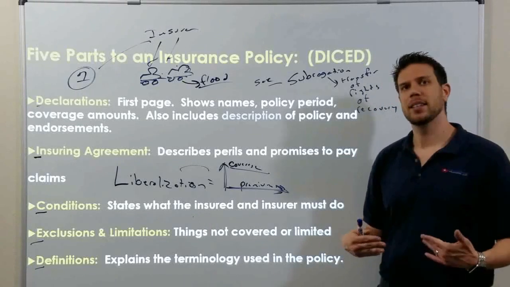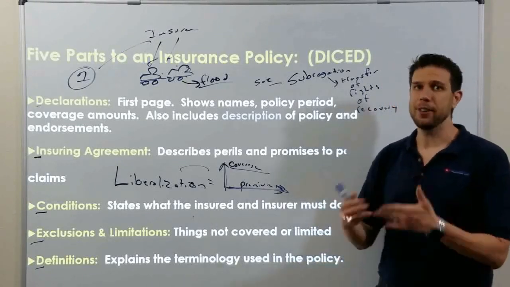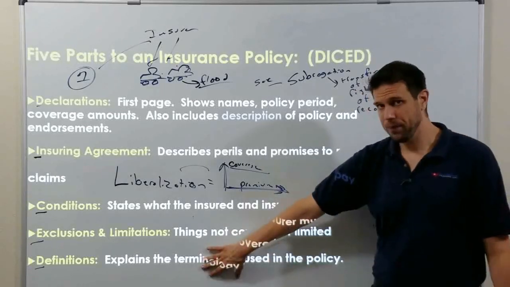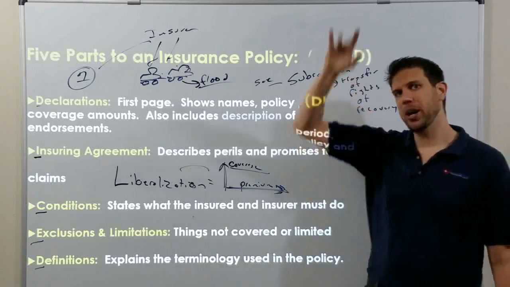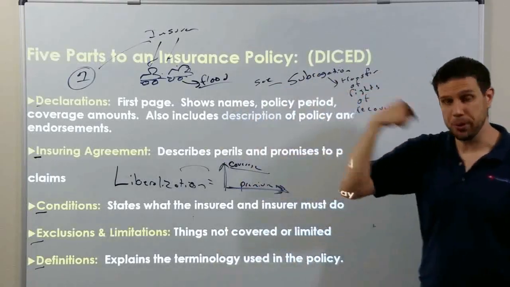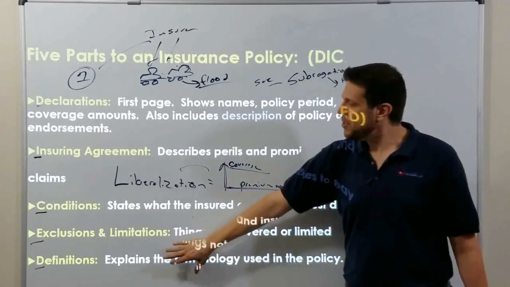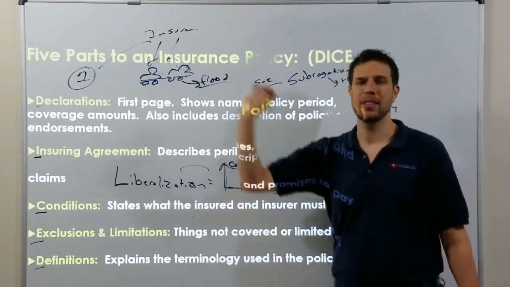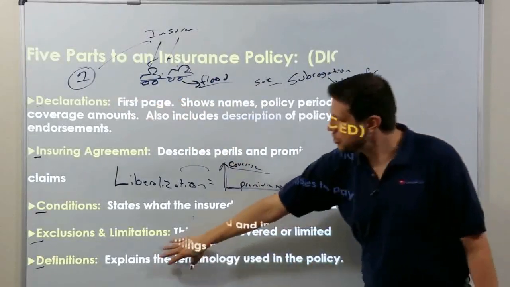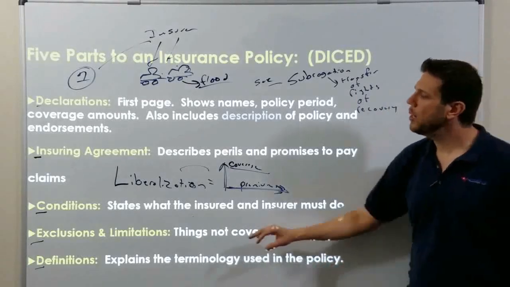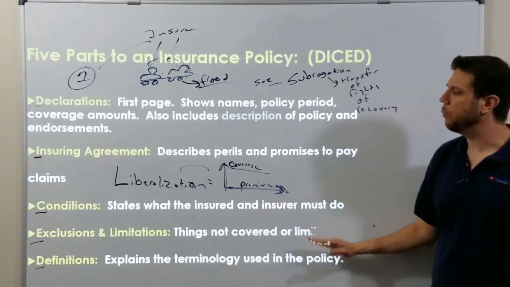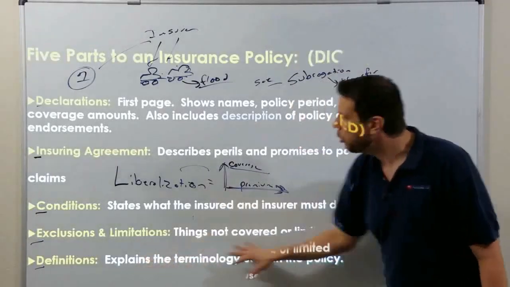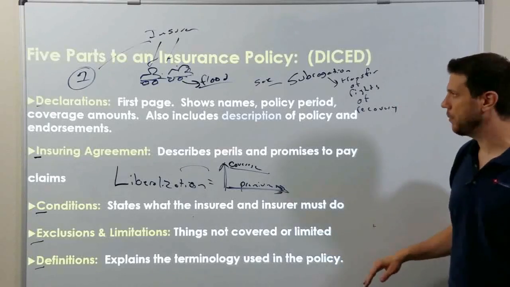Different policies consider the insured different depending on which type of insurance. So for example, in property insurance, if your house burns down, it pays you. But if somebody gets injured on your property, the liability portion pays out to that person. The definitions portion will describe who is an insured under the policy and what the definition of an insured is. It'll clarify exactly who is covered depending on the situation.